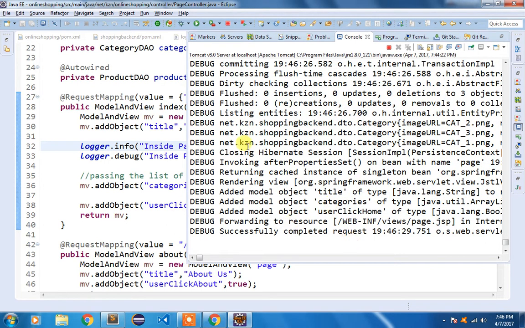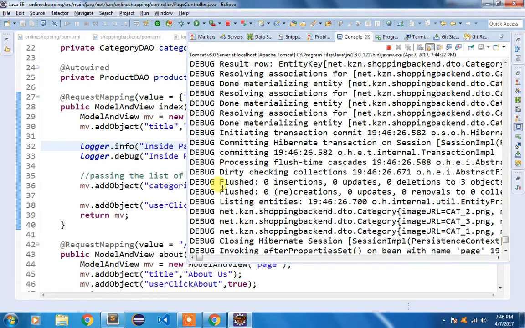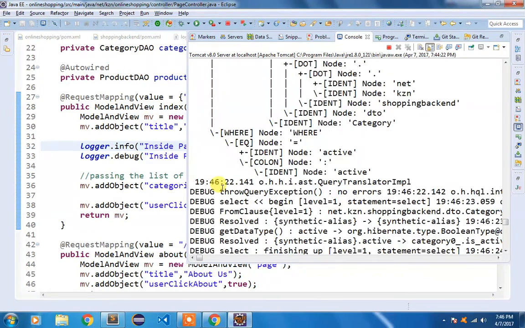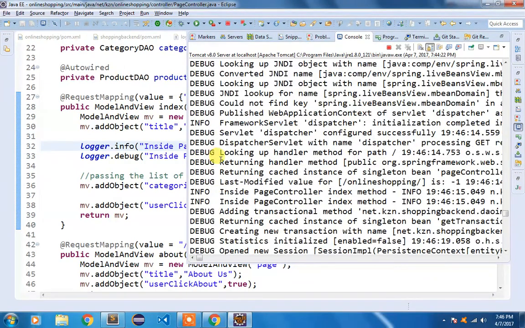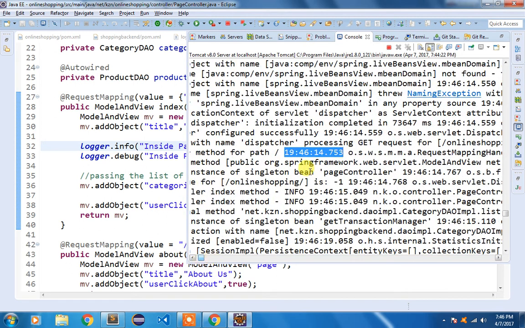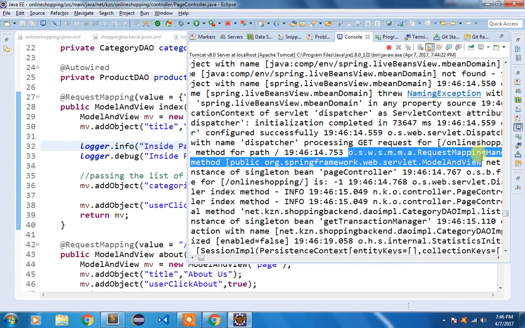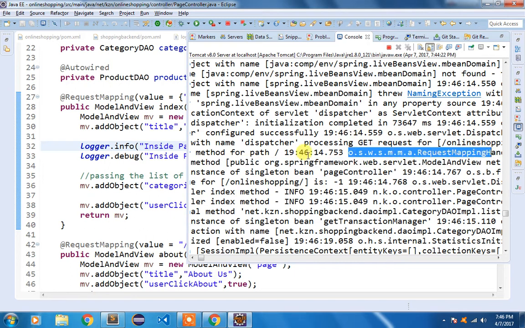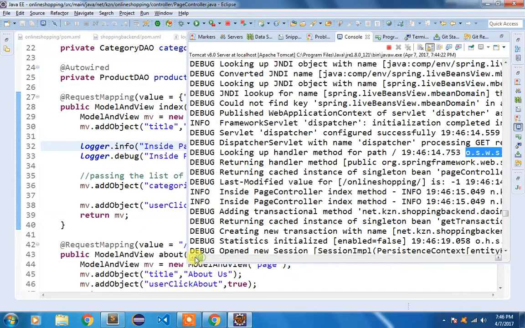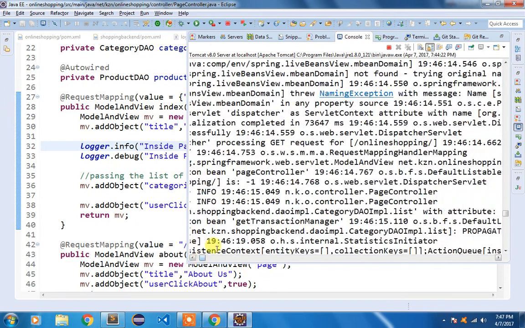So finally our application has been debugged. As you can see, we have the message, but this message is coming basically because of the pattern that we provided. So this is the label, the message, the time, you can see, as well as from which particular logger it is coming. So if I show you the info message that I have added, that is this one, inside page controller index method. So it is giving me like this